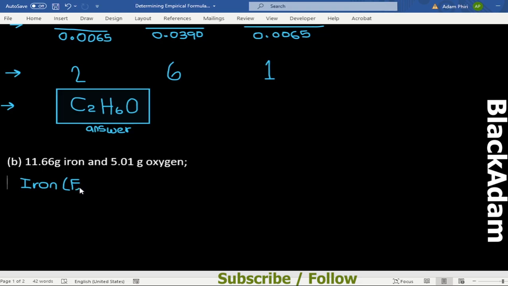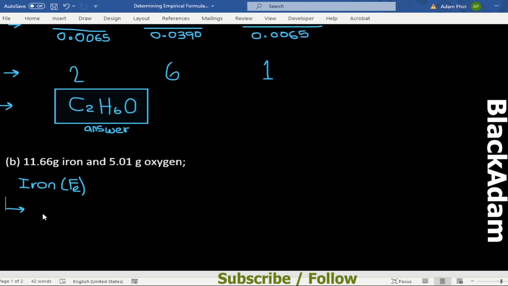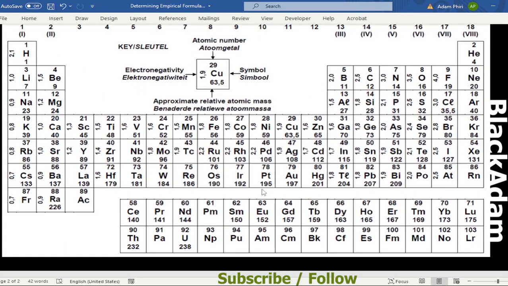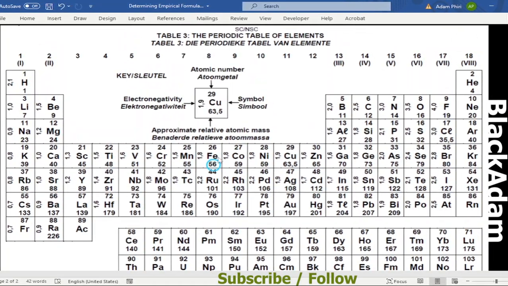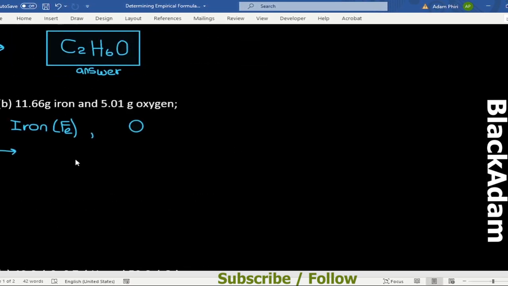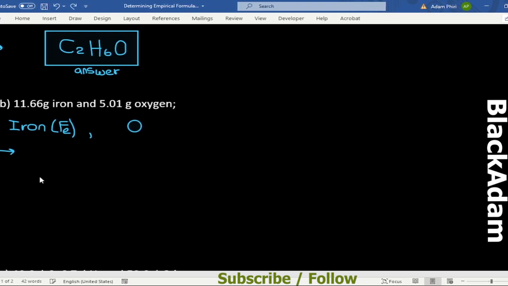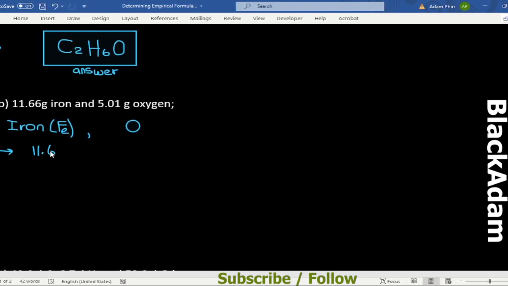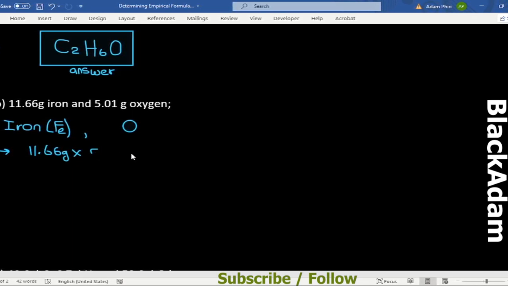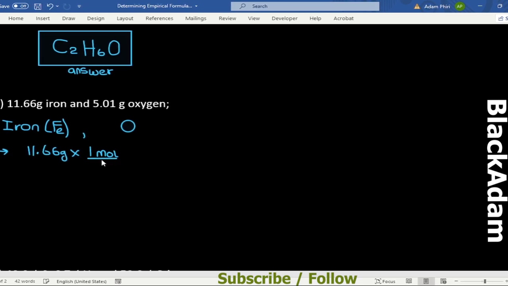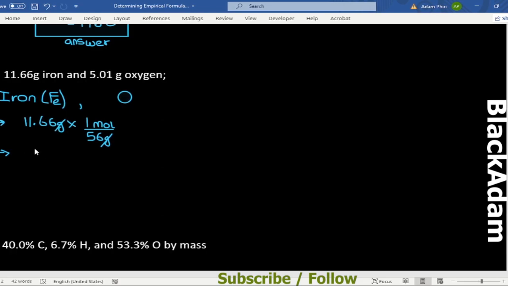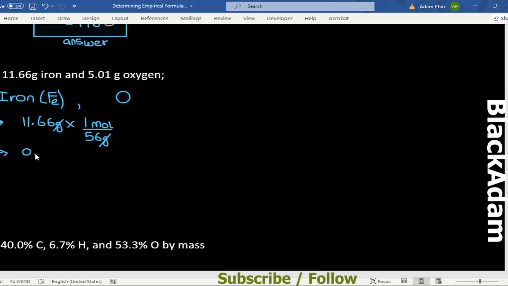11.66 grams of iron, and then we have 5.01 grams of oxygen. And then we look at the molar mass of iron and the molar mass of oxygen. So what we do there, we have 11.66 grams multiplied by 1 mole over 56 grams. So for every mole there's 56 grams of iron. Then that gives us